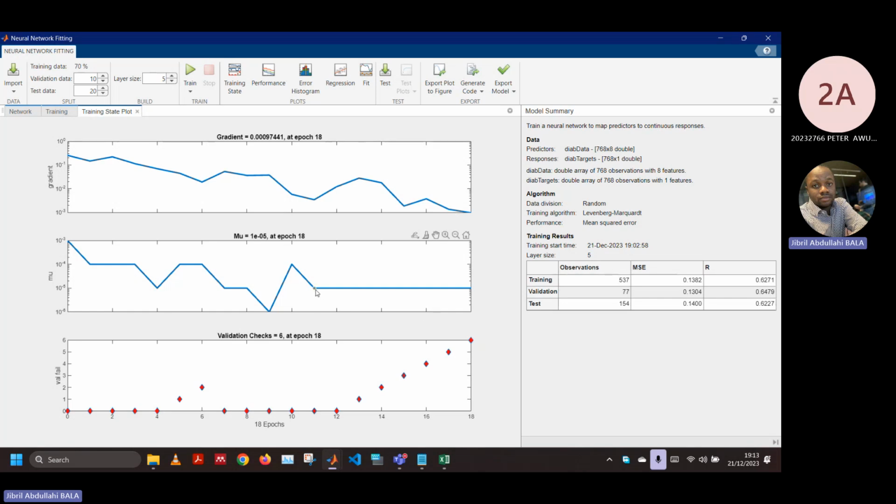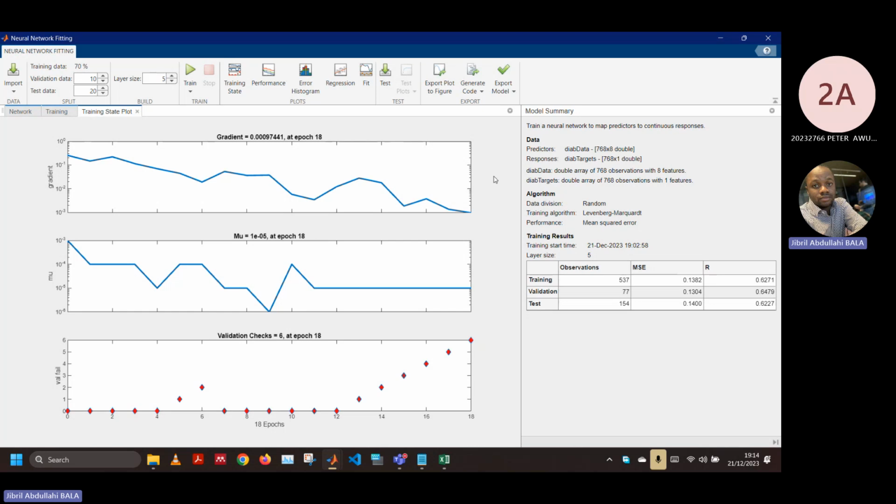And if you look at the mu, which is the change in the performance, more or less, you could see that from here, there was no significant change in performance. That's why it was straight, and that is why it had to terminate at some point. So you can look at the different plots and see how you can interpret them. And when you are happy with the plots, usually this is just for reporting maybe your thesis or a paper